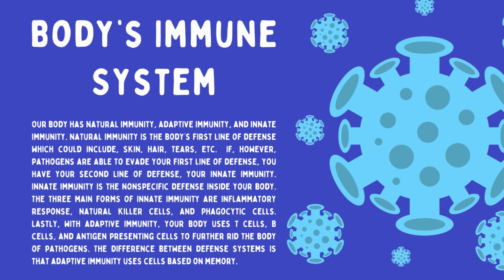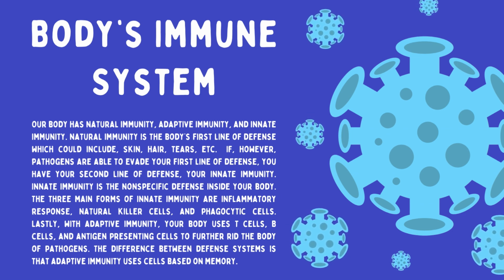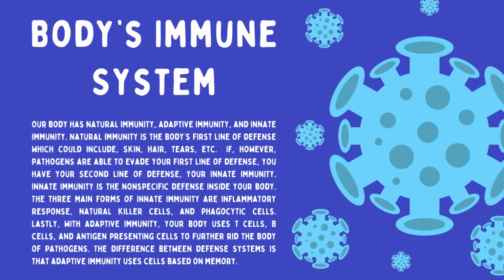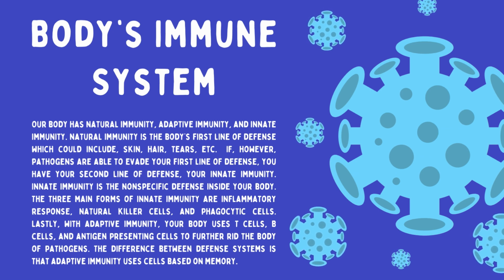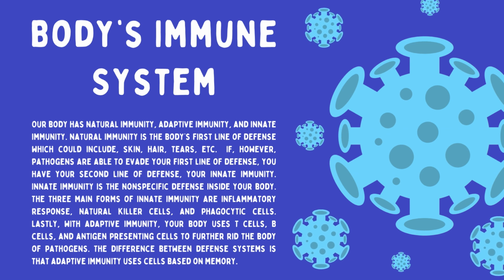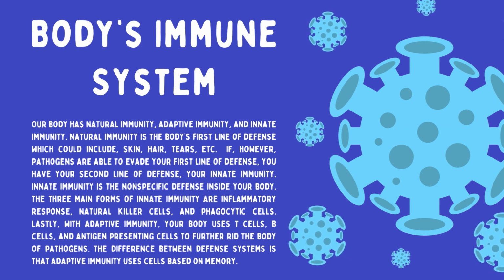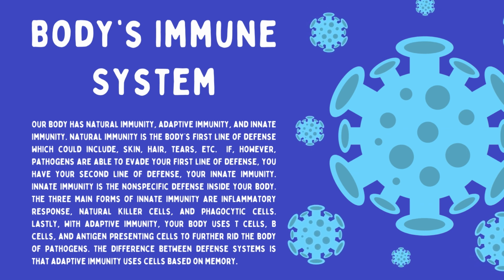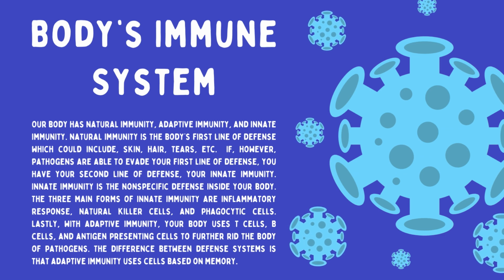With our natural killer cells, they're basically exactly their name. They target and kill pathogens, or in this case, non-self organisms in the body. And then lastly, with the phagocytic cells, those cells are going to basically engulf any type of non-self cells that they might find as a threat and basically kill them.